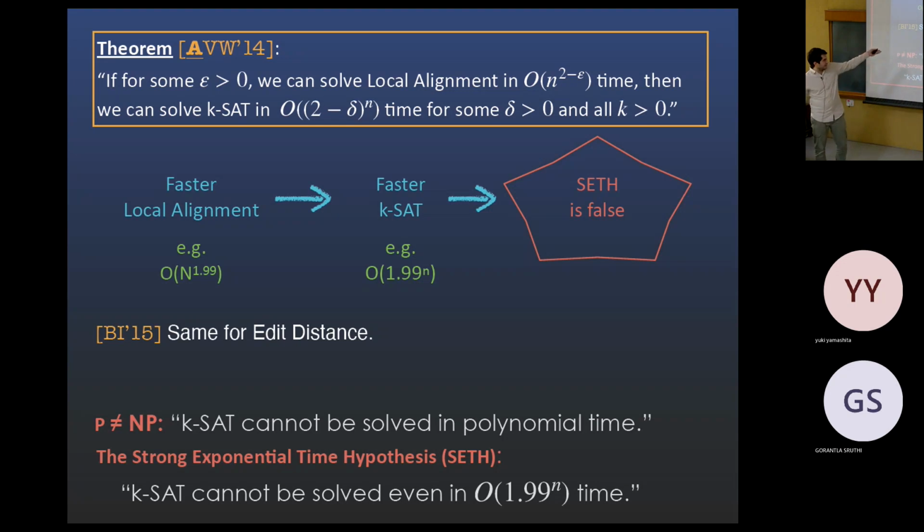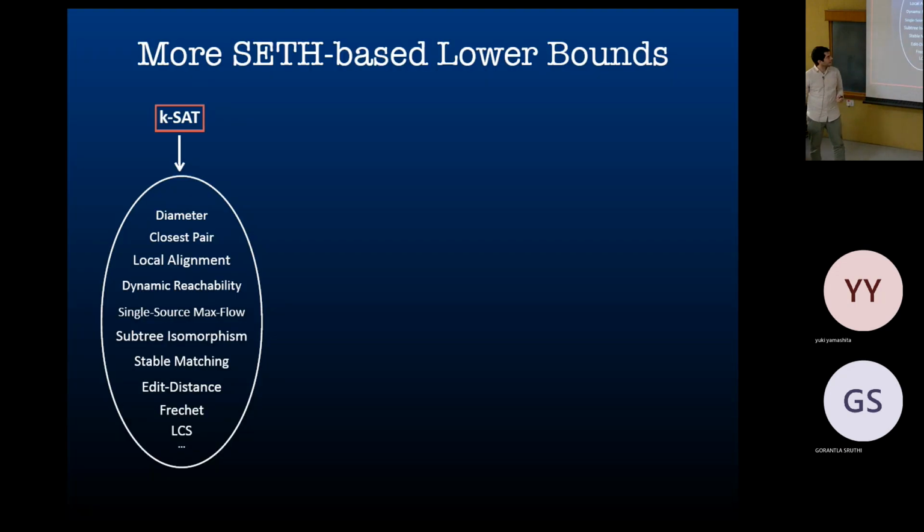So yeah, by now we know that even these more simple problems like edit distance and longest common subsequence, we have the same kinds of lower bounds. If you solve them in subquadratic time, you break this condition. And so here's a longer list of problems. So besides the ones I mentioned, there are a lot more problems. So we can draw this kind of subclass within the class P. So we have the class P of polynomial time problems. There's the subclass of SAT-hard problems. So for each problem here, we have some polynomial running time. If you improve it by a little bit, by an n to the epsilon factor, you get a faster algorithm for k-SAT. You break this conjecture.